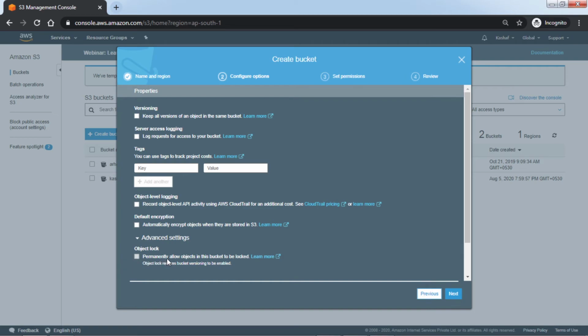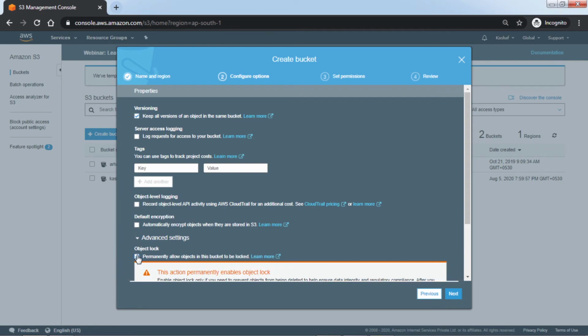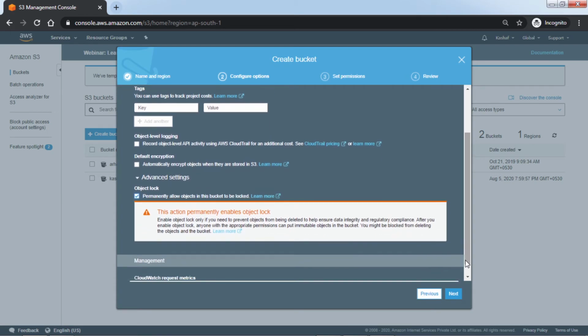It says permanently allow objects in this bucket to be locked. Object lock requires bucket versioning to be enabled, so we need to enable bucket versioning. Now, after enabling bucket versioning, you can enable object lock.